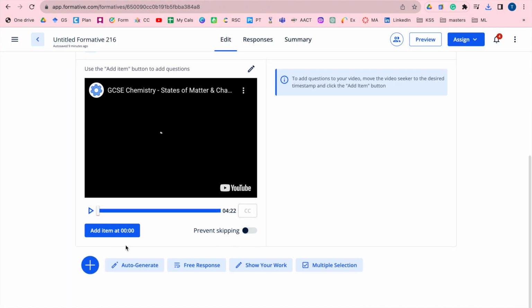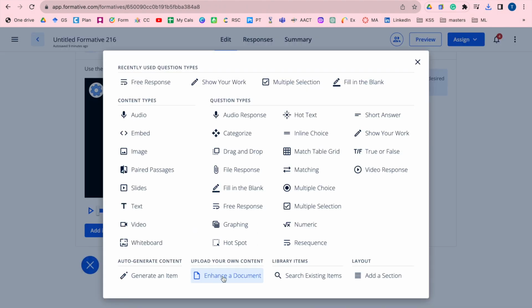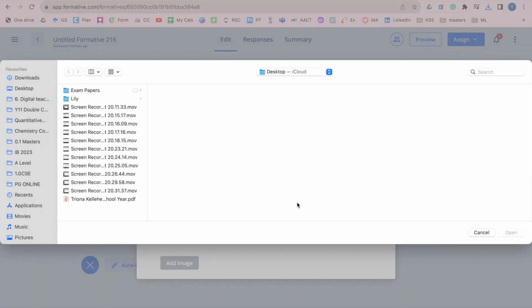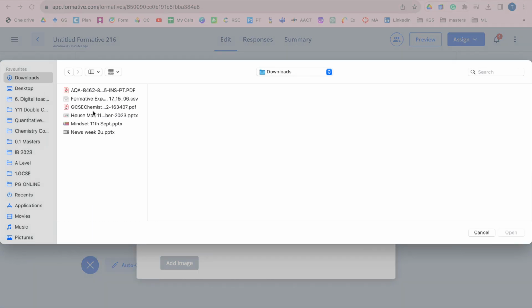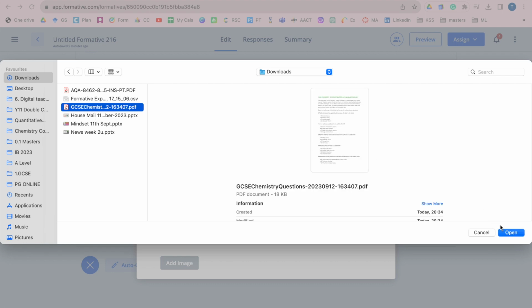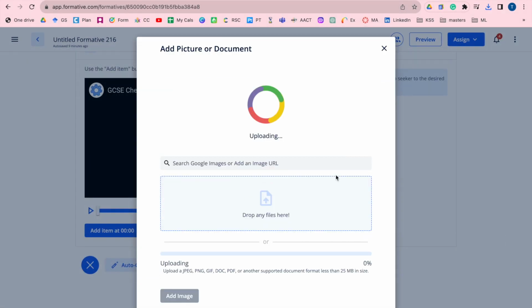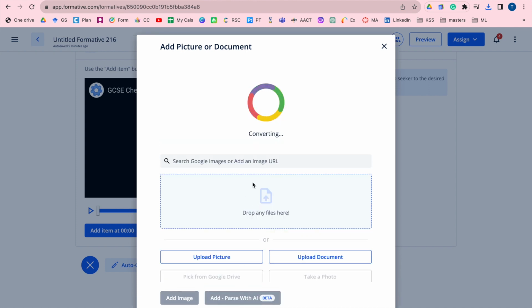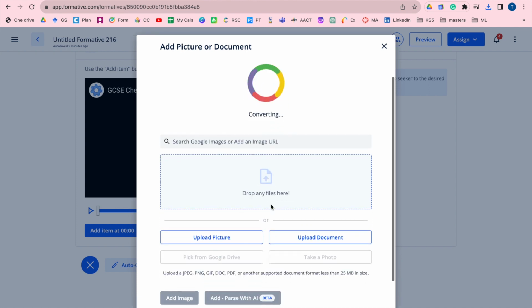I can go into Formative now, and I can say enhance a document, and I can upload said document from my downloads. There's GCSE chemistry questions. It's going to read this. I can then add in the questions,